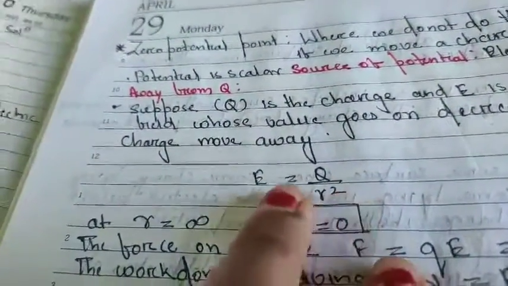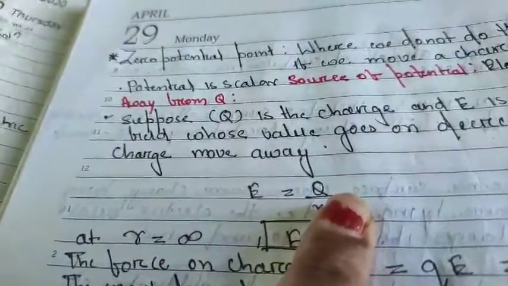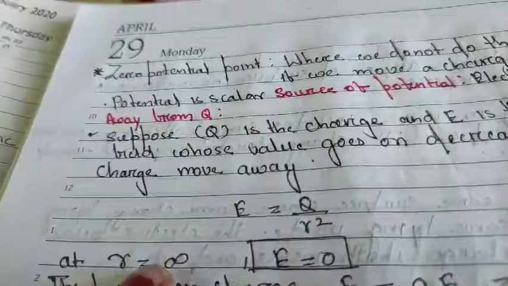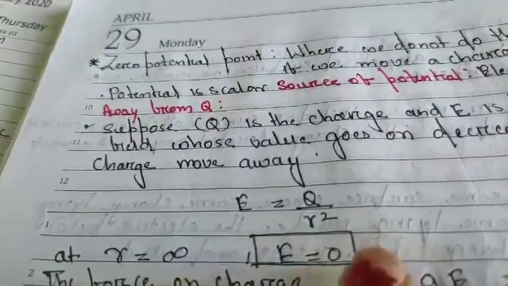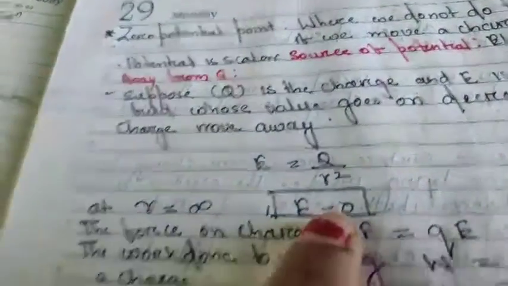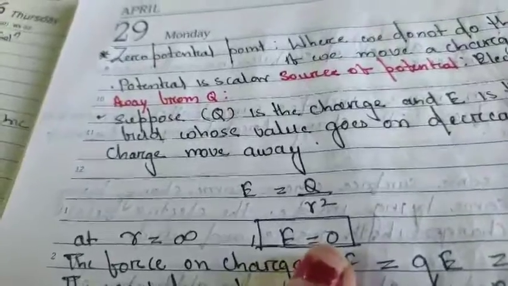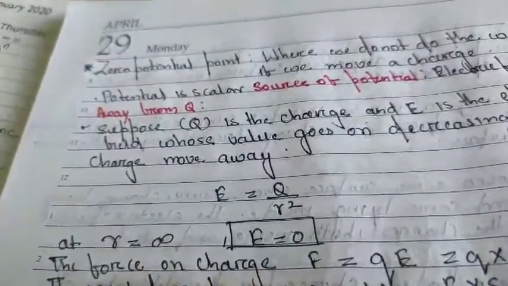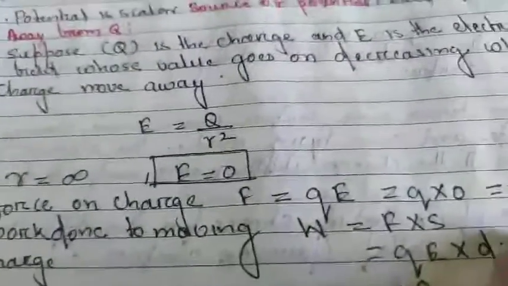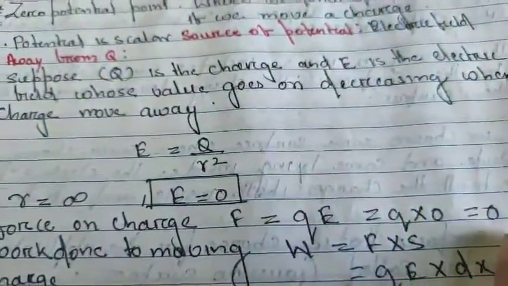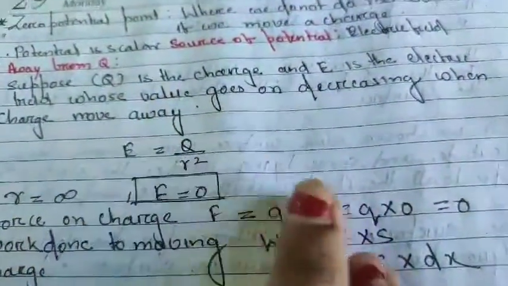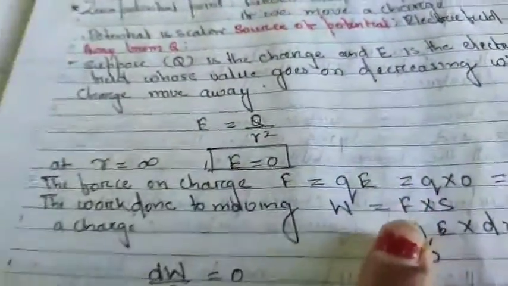So what happens? Suppose my distance of separation of the charge, means the charge is at infinity. Clear? So when the position is at infinity, what happened? 1 by infinity is 0, means there is no presence of electric field. Now what happened at that time? Suppose force is F equal to QE. If no electric field means no force, and if no force means no work. So this is the situation when the charge is at infinity.